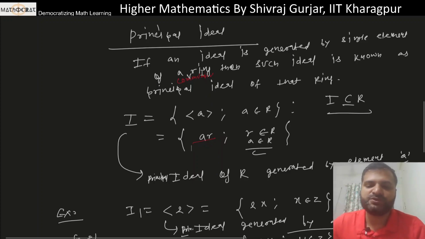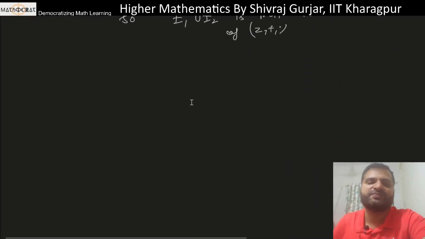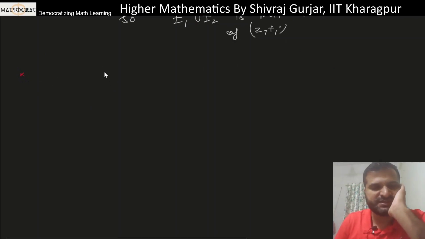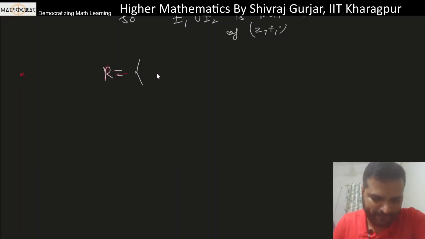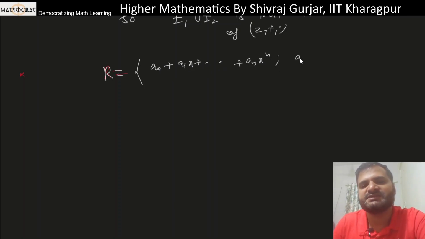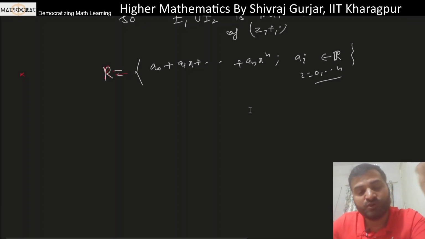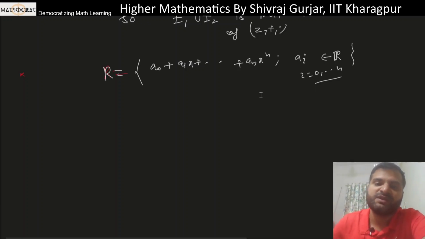ठीक है। और यहाँ पे because Z जो है, that is a commutative ring, so that's why we can say this, that ideal generated by 2 and 3, ठीक है। ऐसे ही we can say, let's say, that this is a ring defined as, this is a ring R defined as polynomial functions a0 plus a1x plus ... an x power n such that these coefficients are from real number system, ठीक है, where i is 0 से लेके n तक, ठीक है। So we define this ring as this is a set of basically polynomials whose coefficients are from real number system, ठीक है।